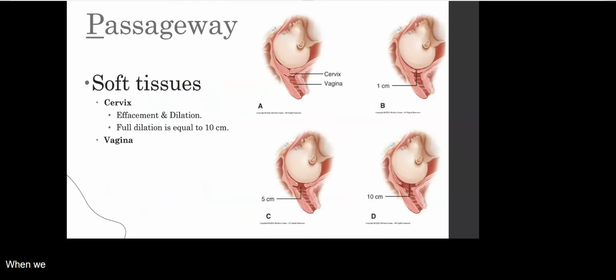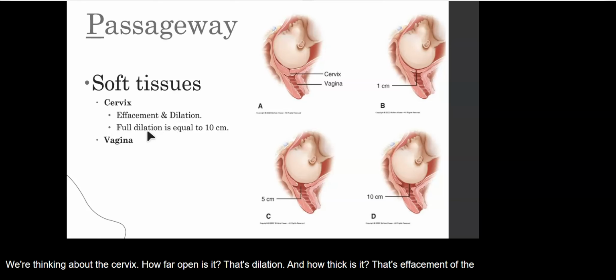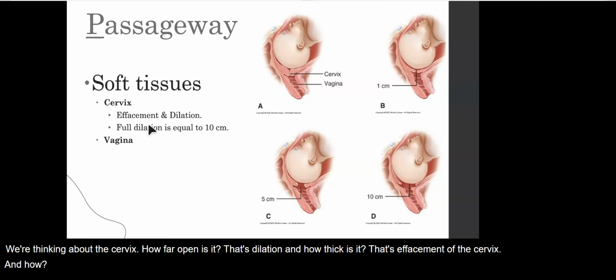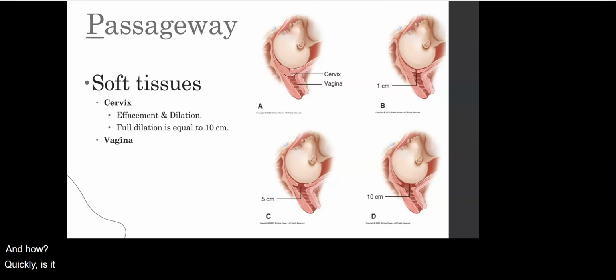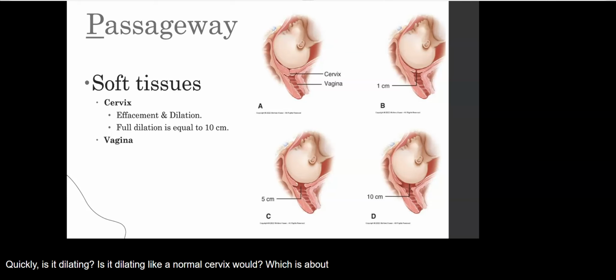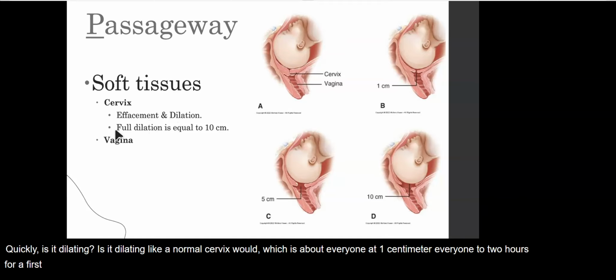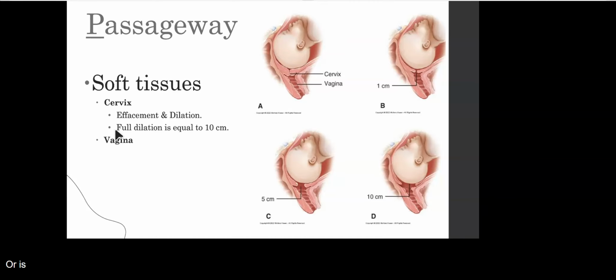When we talk about the soft tissues and not the pelvic structures, we're thinking about the cervix. How far open is it? That's dilation. And how thick is it? That's effacement of the cervix. And how quickly is it dilating? Is it dilating like a normal cervix would, which is about every 1 centimeter every 1 to 2 hours for a first-time mom? Or is it dilating much slower than a normal